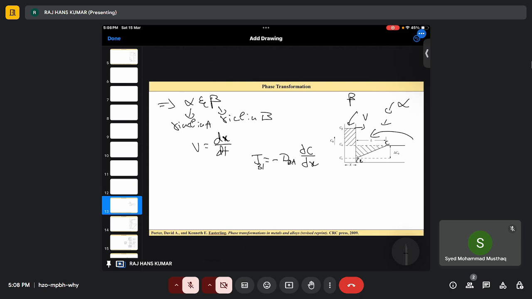Diffusion of atoms of B in A. Now what will this be equal to? What is the velocity front? V times the concentration. And what is the concentration difference? C beta minus C naught, which is equal to minus D_BA dC/dx. Our velocity will be equal to D upon C beta minus C naught,